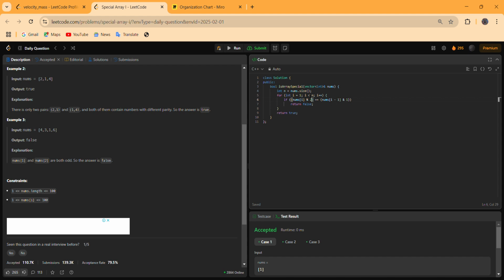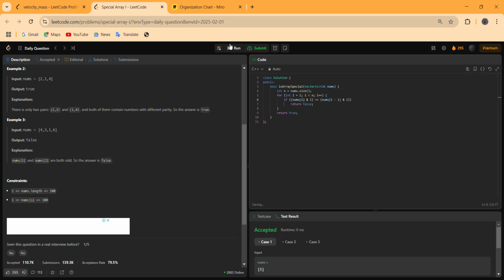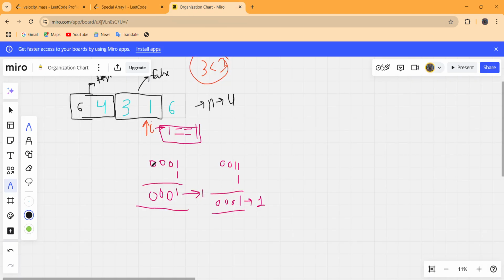This will return 0 if it is an even element, and if both are even or both are odd, then this will return false to the caller. But we prefer to use the AND operator to decrease our time complexity, because bitwise operators work faster than the modulus operator.